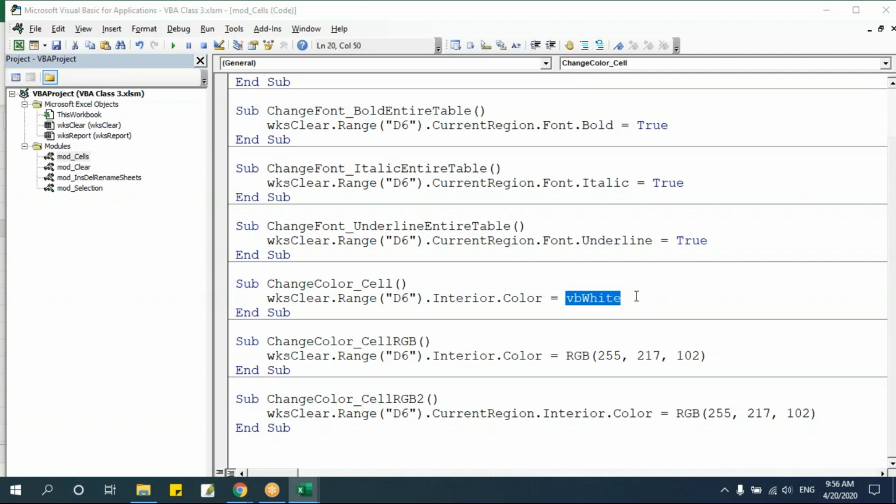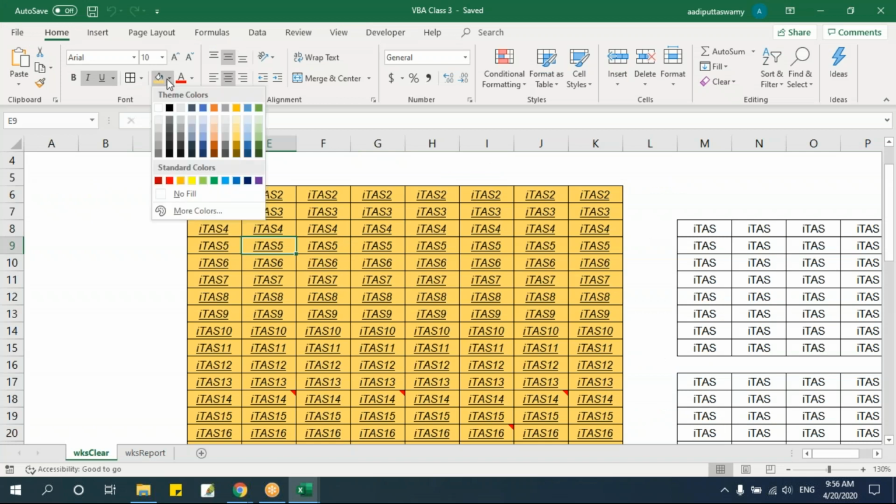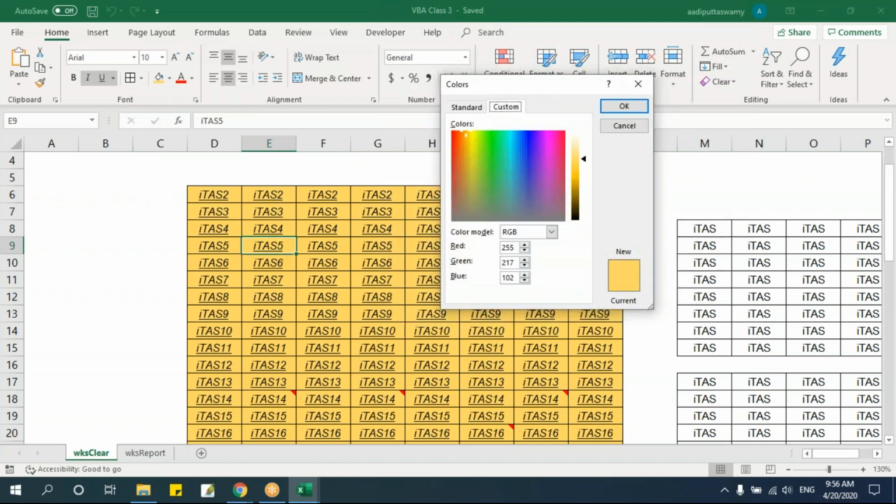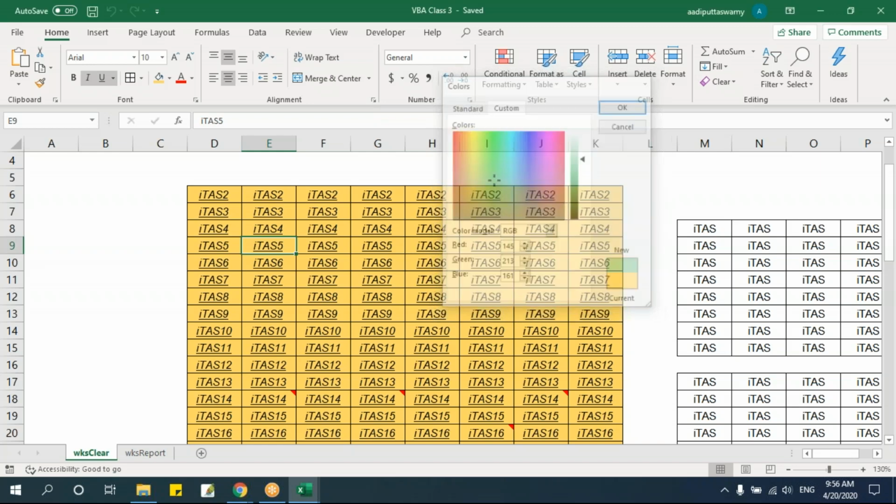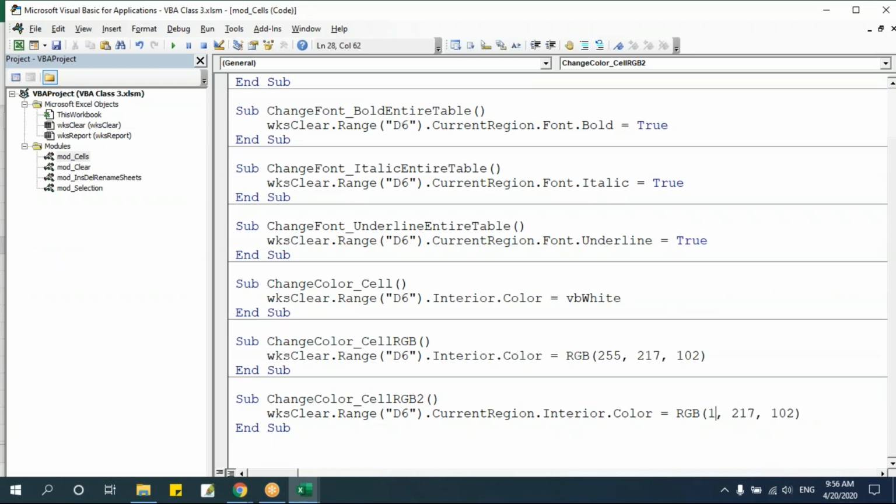Suppose I don't know the name of the color, then I can say dot Interior dot Color and specify RGB. Then I can specify first R, then G and then B. To find that RGB color, go here to this fill color and say more colors, select any color. Let's say I want something like a green shading like this, say 145, 213, 161. So if I go back, say 145, 216, 112, I forgot the number, but I'm just changing this. Say F5, see,